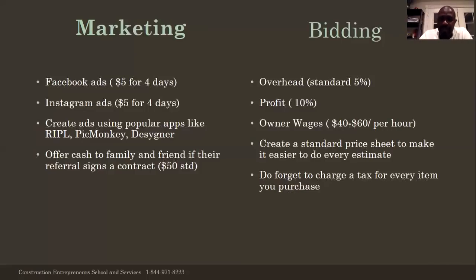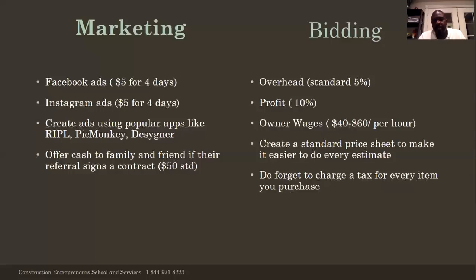Let's jump into the bidding part. Overhead. Anytime you're doing an estimate for a project, overhead standard is 5%, especially starting out when you really don't have an office. You're just working out of your home. You may even be working out of your car. Your car may be your mobile office. You want to charge some type of overhead because you still have to make copies. You still have to buy pens and pencils and paper clips and clipboards and travel to these different places. So you want to have some type of overhead